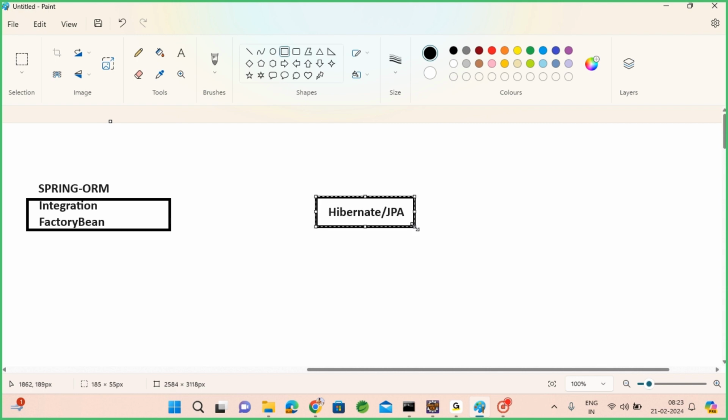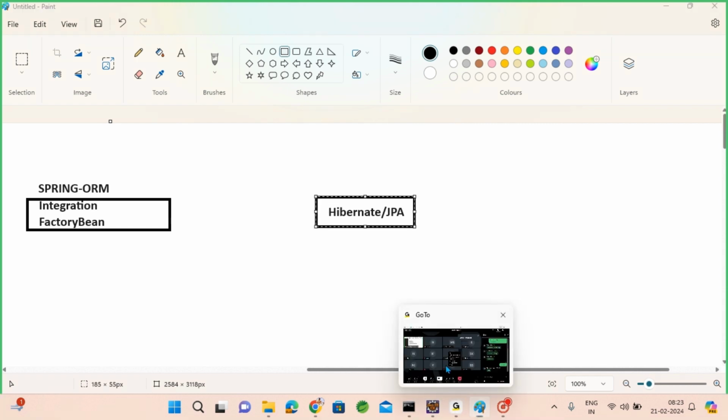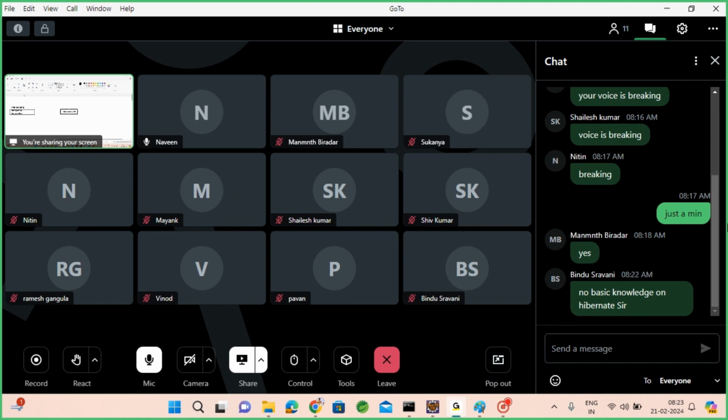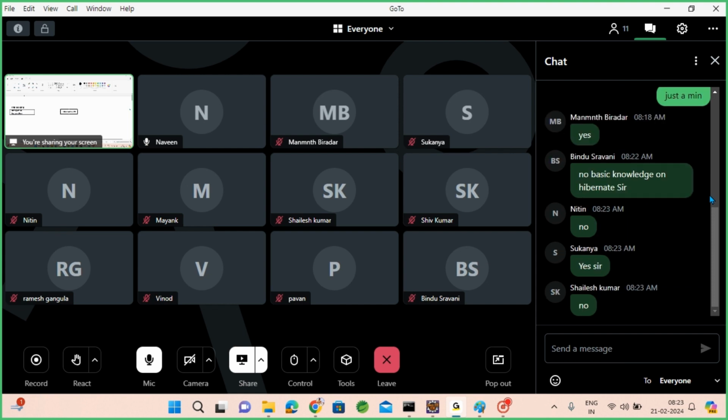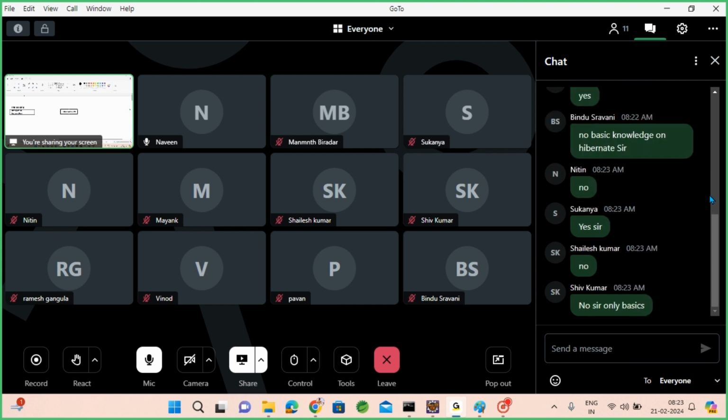So if you guys are aware of it, just raise your hand. No basic knowledge, no issues. So how many of you are really aware of Hibernate? If you know, type yes. If you don't know, type no. The basic idea is enough, but if you don't have a basic idea,